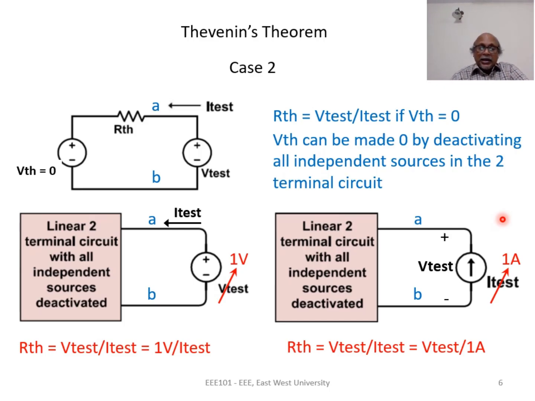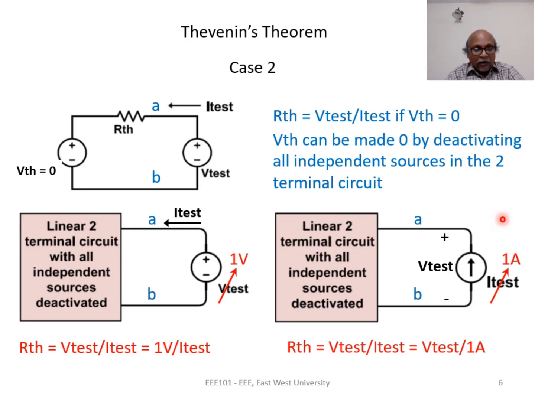When applying case 2 to find RTH, there are two important things that you should consider. First, do not forget to deactivate all independent sources. Second, make sure that your chosen reference for Vtest and Itest are such that they do not satisfy passive sign